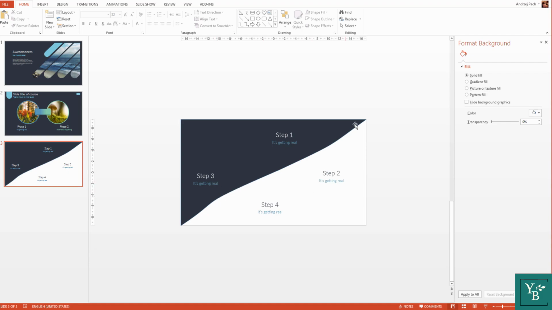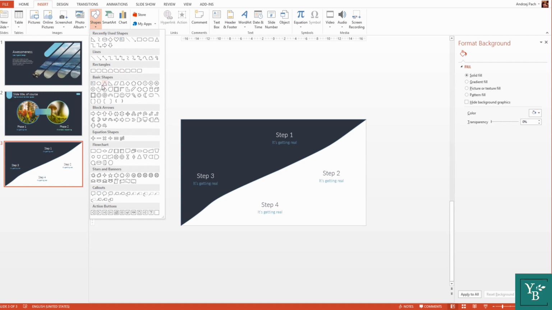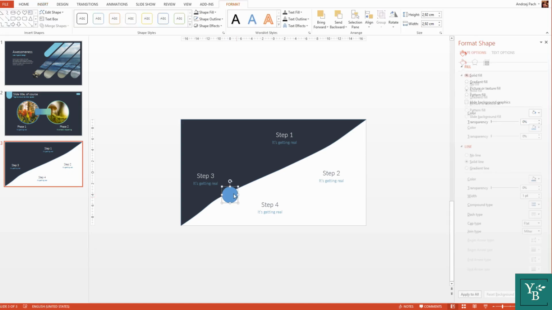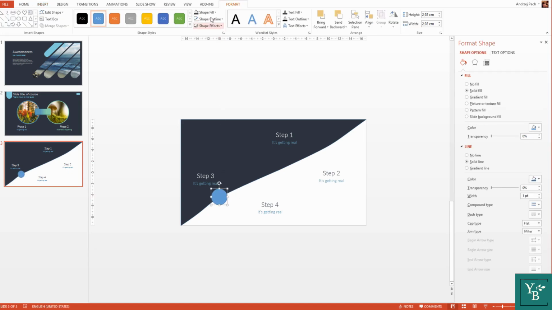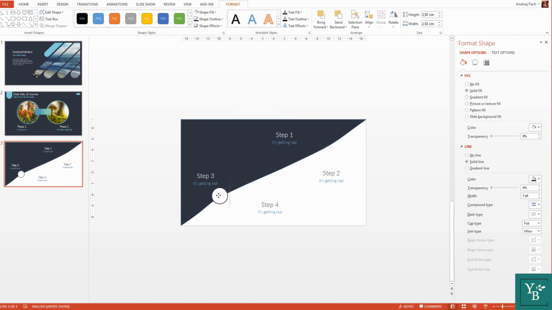And in the middle, I would like to place some icons. So I'll go to Insert, Shapes, and I'll make some circles. I click. By holding the left Shift key, I make perfect circles. Now those circles will be filled with a white color, and their outline will be, of course, the color from our background. Now you can decide how big it is, for example 2 or 3 points, and I copy it for each step. 1, 2,